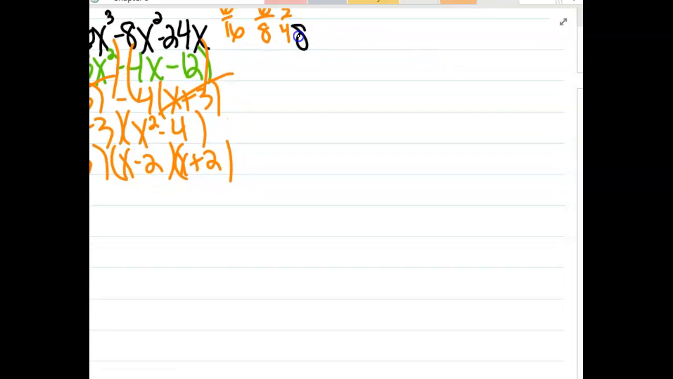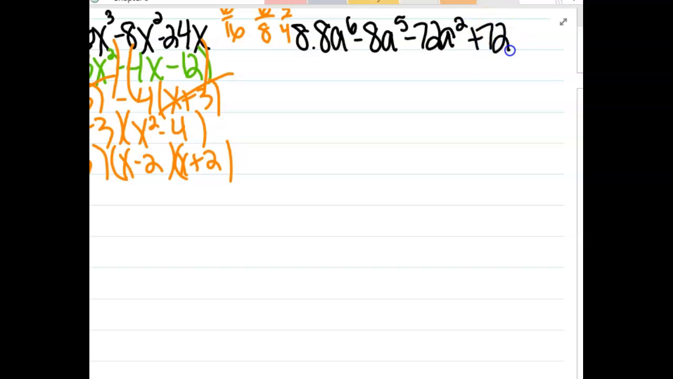Okay, number 8. 8a to the 6th minus 8a to the 5th minus 72a squared plus 72a. Okay, first thing, we should check for a greatest common factor. They all have 8. They do have a 4, but bigger than that would be an 8 and an a in common. So when I factor out an 8a, we should get a to the 4, a to the 5th,